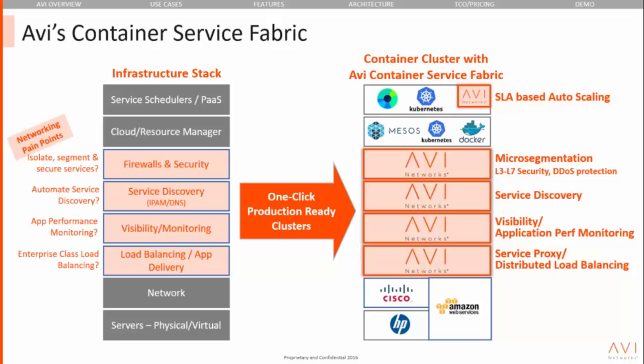We provide real-time application maps and application performance monitoring capabilities for the services that are running in that container cluster. And of course, most importantly, we utilize our distributed architecture to provide service proxies for the workloads that are running. So how do we do this?